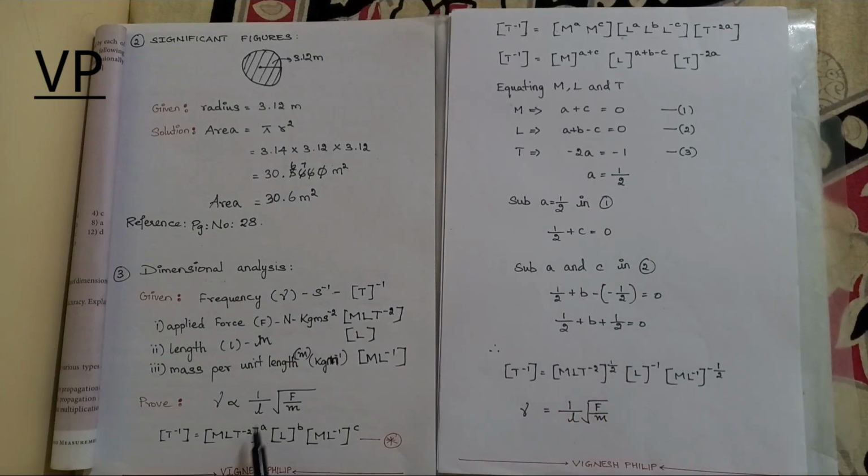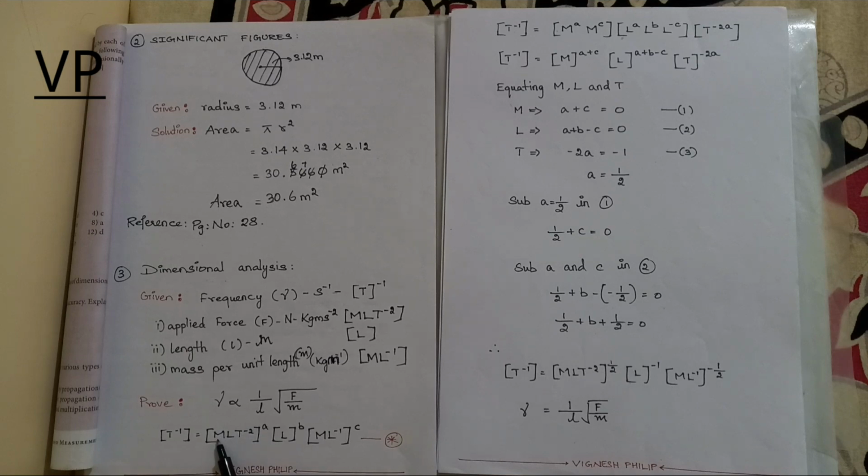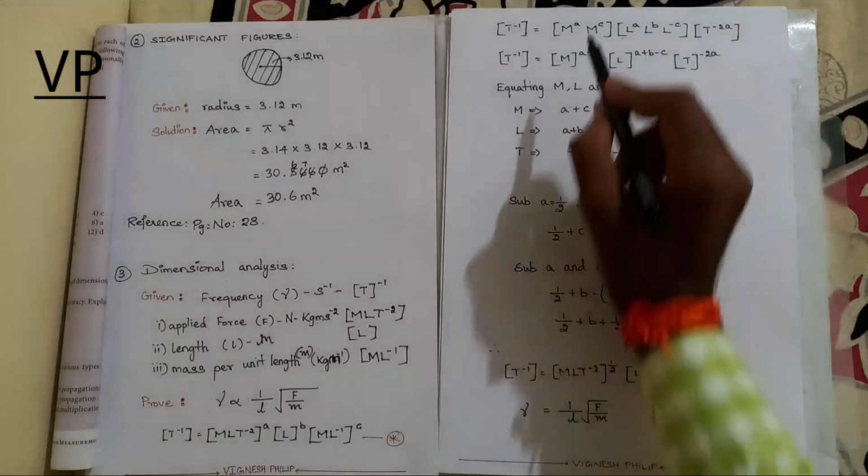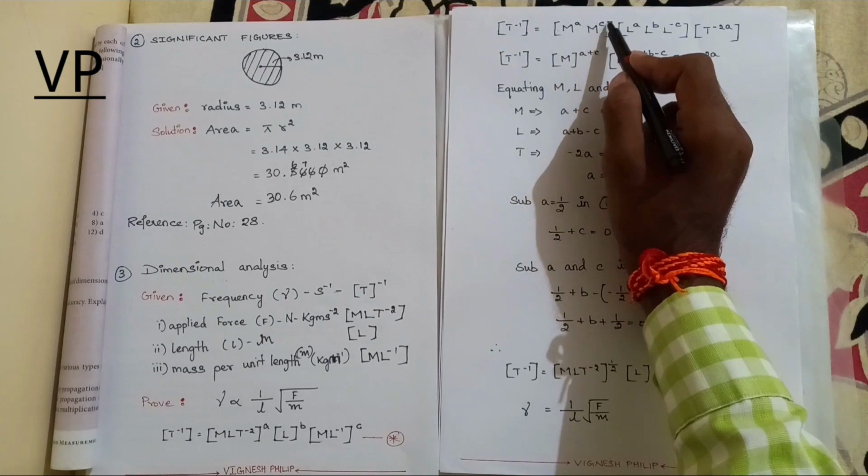In the first step, we have to bring this A inside the square bracket, and B inside the square bracket, and C inside the square bracket, and we should separate M on one side, L on another side and T as well. So first, multiplying A inside and separating M. We will multiply A inside, we get M to the power A, and one more M is here. We will multiply C inside and get M to the power C. There is no more M left, so M to the power A and M to the power C.